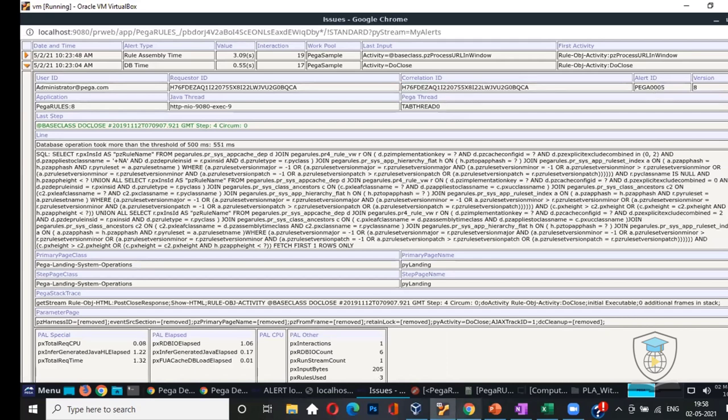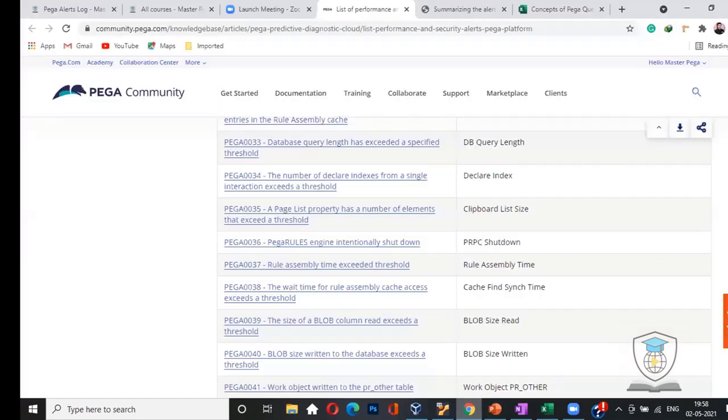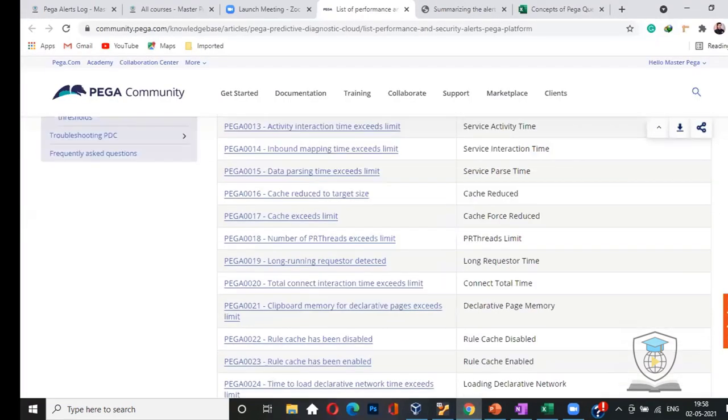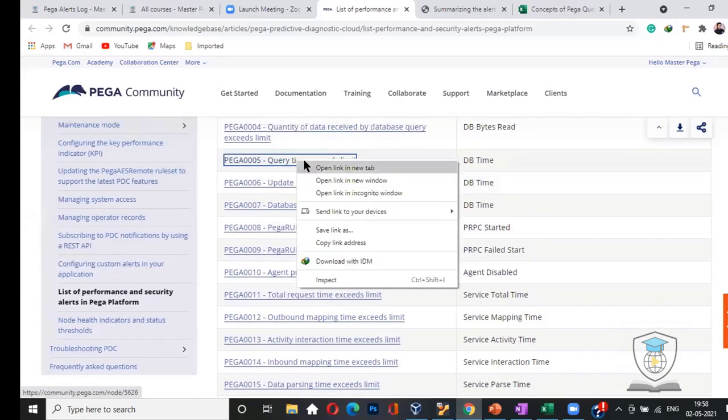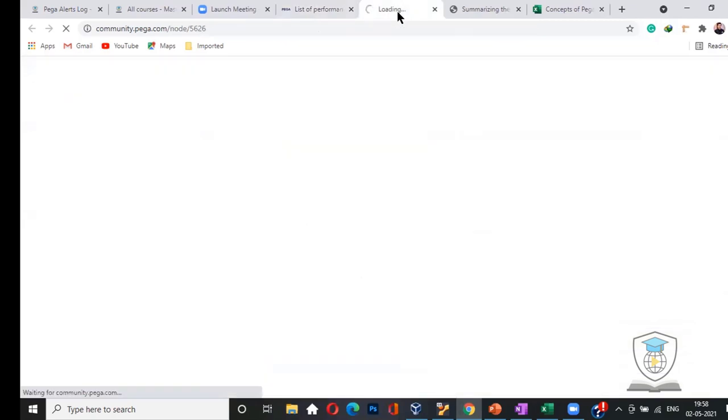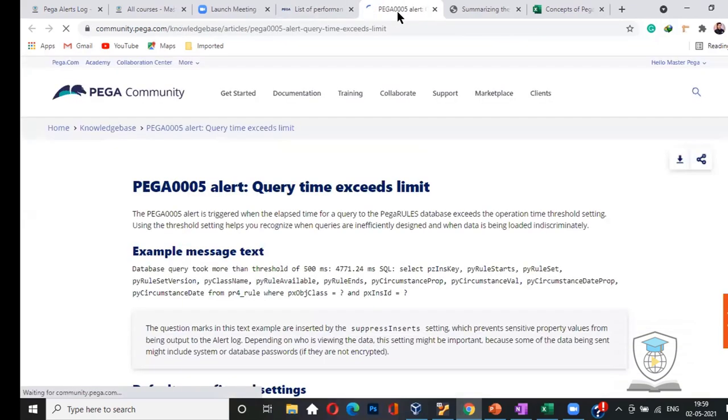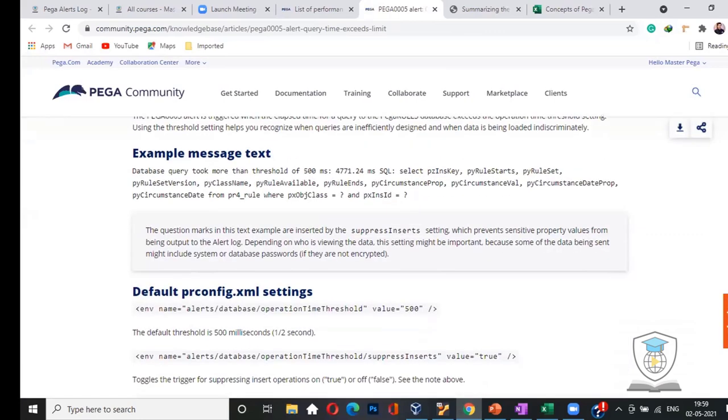So in Pega 0005, go to your browser, go to this screen and open this query time exceeds. Okay, it will give you a sample error message.